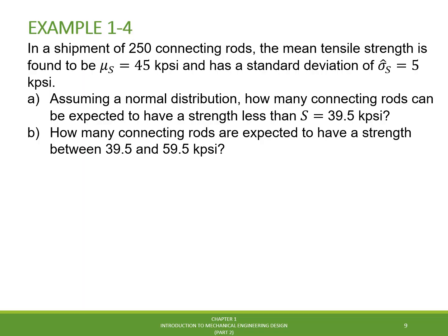Let's apply the previous concepts through one example. So let's say that in a shipment of 250 connecting rods, the mean tensile strength of the batch was found to be 45 kpsi and the standard deviation 5 kpsi. For question A, assuming a normal distribution, how many connecting rods can be expected to have a strength less than 39.5 kpsi? Question B, how many connecting rods are expected to have strength between 39.5 and